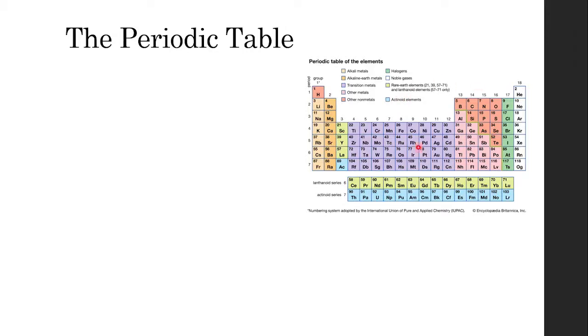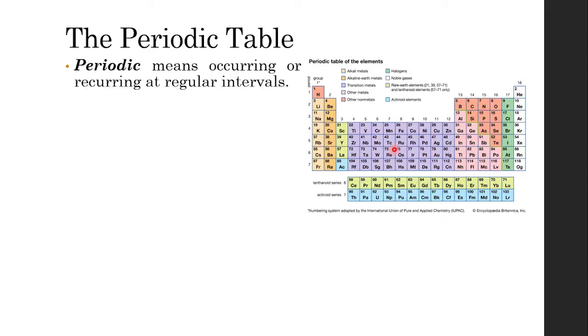But when we actually created the table of elements, the scientists back in the 1800s had a discussion on how to effectively tabulate all the elements that we have discovered on the earth. It was not until Dmitry Mendeleev, the one that created this table of elements that we have now, that he grouped these elements very wisely, because not only are we able to see the various elements that we have now, but he was able to create a table in such a way that we can actually see what